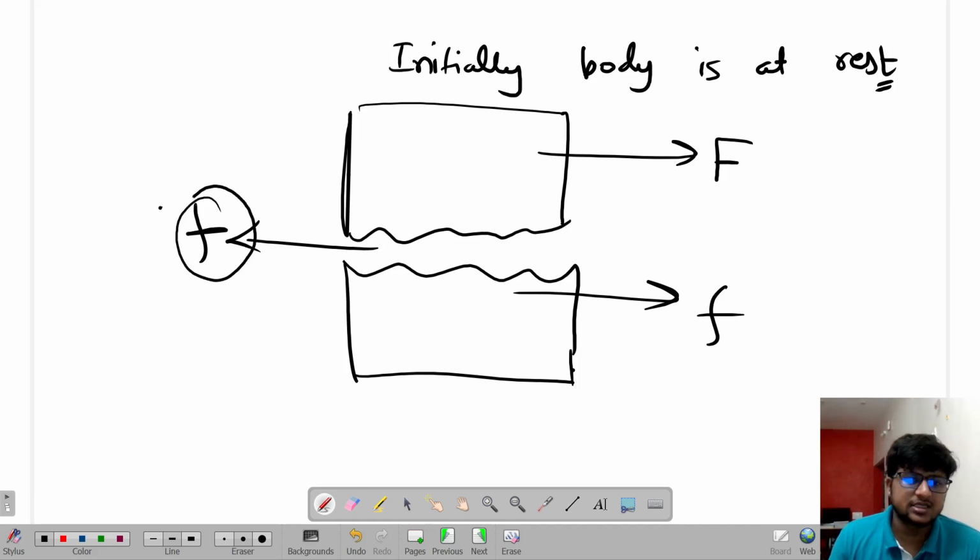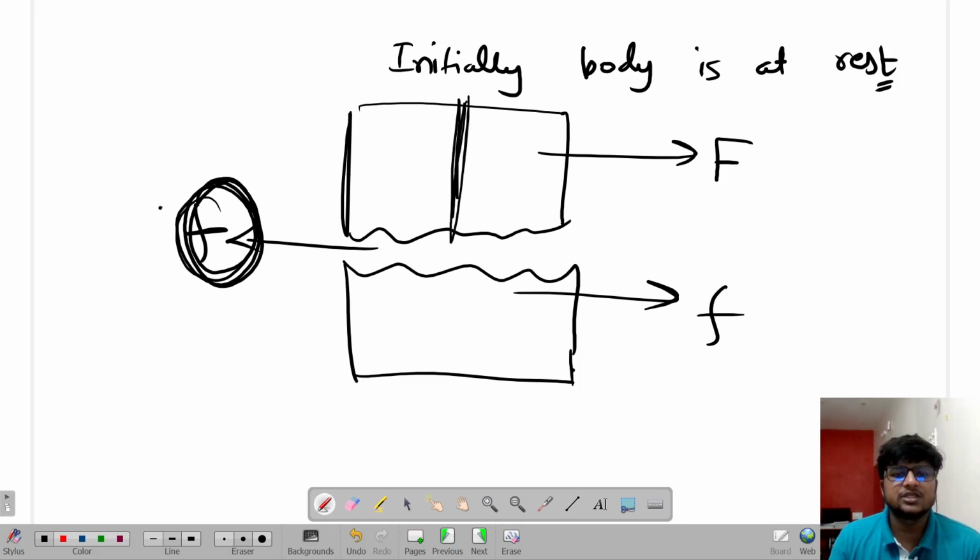But this friction, this opposing force, will maximally try to keep the body at rest. The nature of this force is to oppose this acceleration, so that anyhow the acceleration should be zero. So the question arises: a time will come when this friction can reach its maximum value. Of course, any body can be moved, so these forces cannot be infinitely large. Is it possible that these forces can be infinitely large?